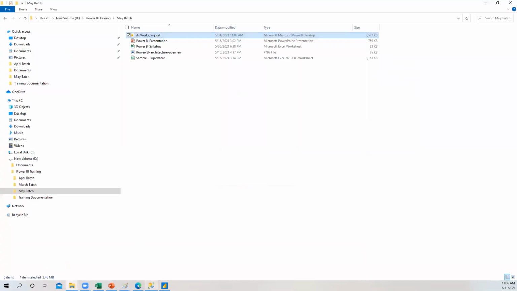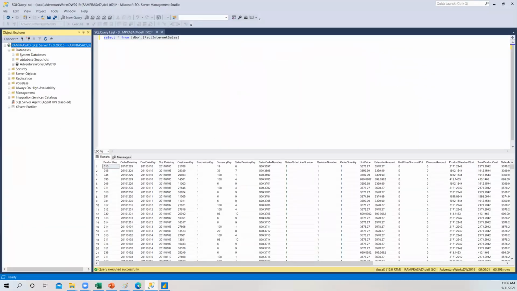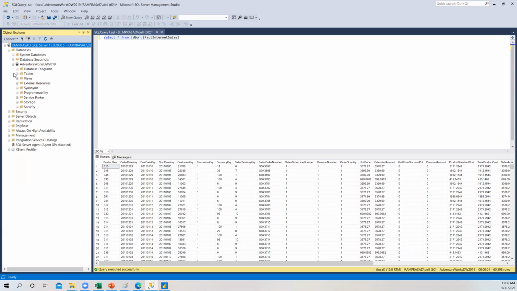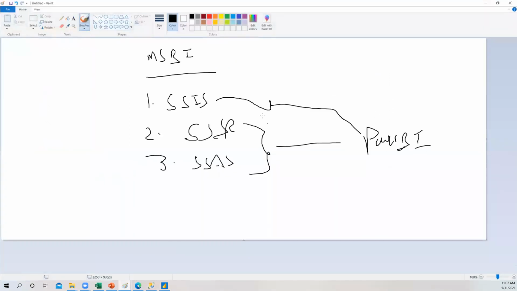We do not see the raw data of the Power BI engine, but here you are seeing how the data is stored in the engine, like each table and all, right? Understand, guys? Power BI is the latest one for most of the reporting work. Power BI is being used these days instead of SSAS and SSRS.